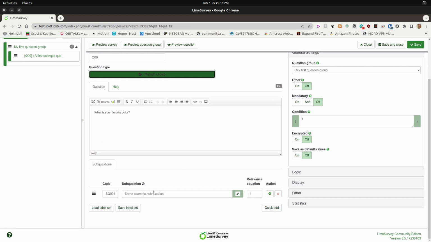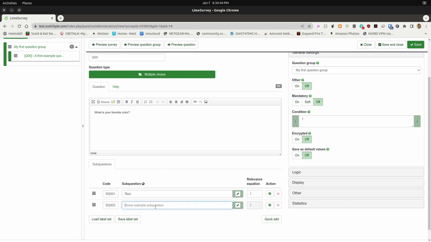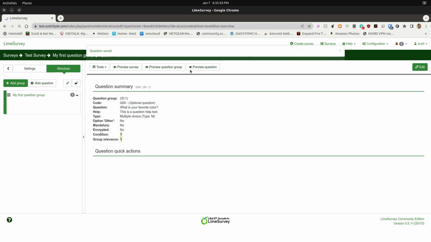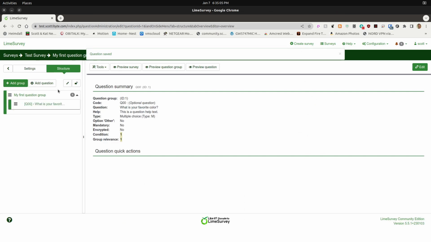scroll down, and we can say red, and then add another option, green, and then we can add another option, yellow. And then we can say save and close. And then if we come up here to the option, go back to LimeSurvey,